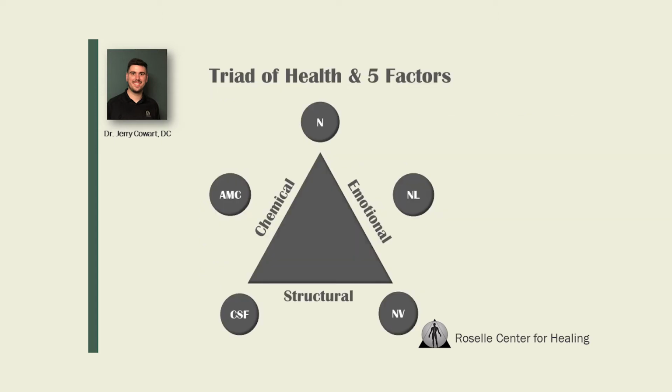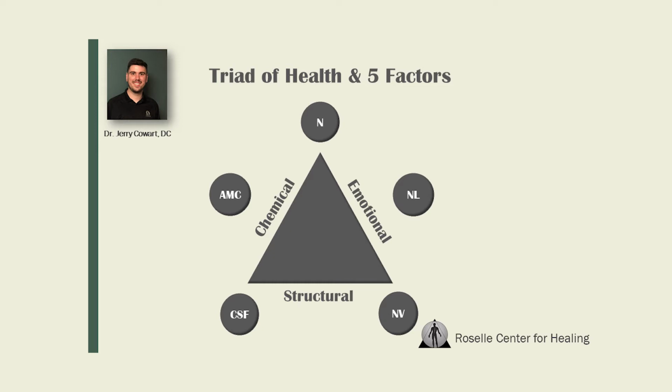So now would be a good time to discuss how sciatica can be caused in someone, and really how anything can be caused in the body. We're going to talk about what's called the triad of health and the 5 factors. This triad of health is that triangle that you see in the middle there. It basically states that when anything is wrong in the body, whether it be sciatica or big toe pain or cardiovascular disease or whatever the case may be, there's really only 3 things in life that can cause anything to happen in the body.